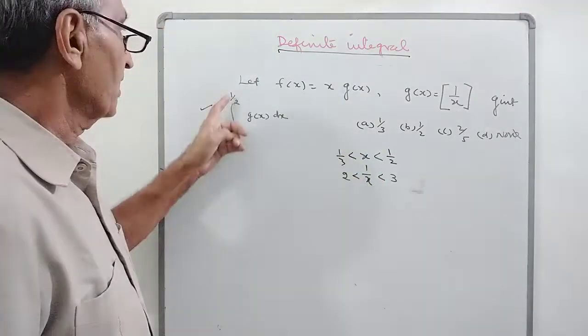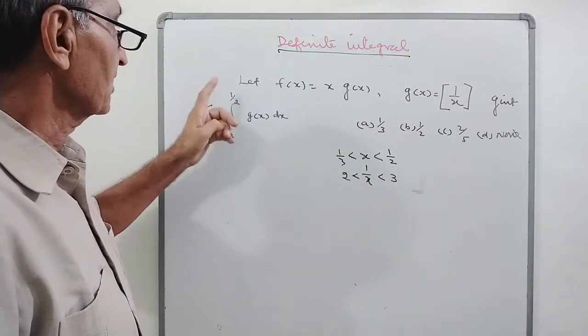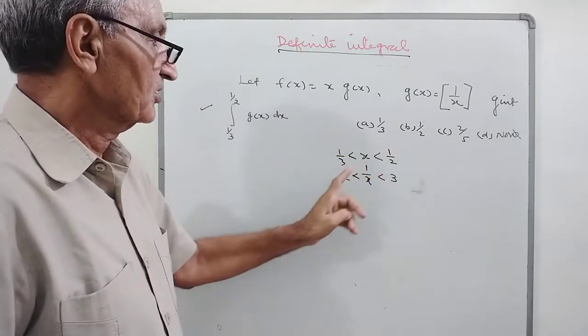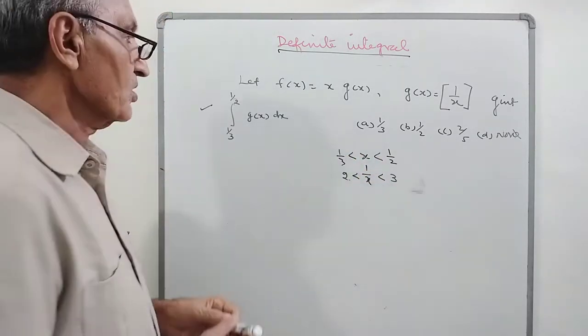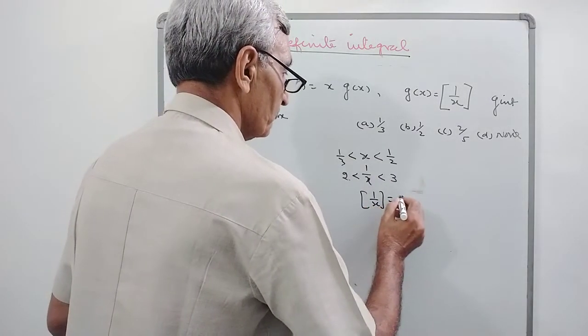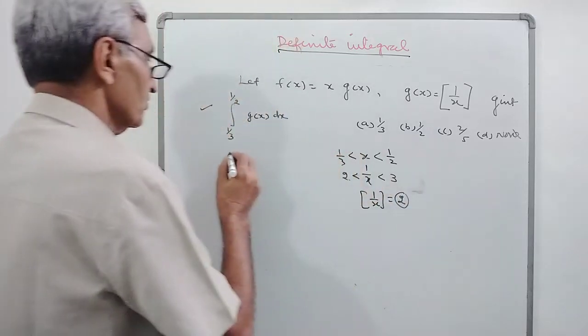x की वैल्यू यहाँ पर दे रखा है 1 by 3 to 1 by 2, so 1 over x उल्टा होगा, 2 और 3 के बीच में होगा. और इसका gent of 1 over x, 2 और 3 का greatest integer function मैं 2 लिखूंगा. तो इसका आंसर आ गया